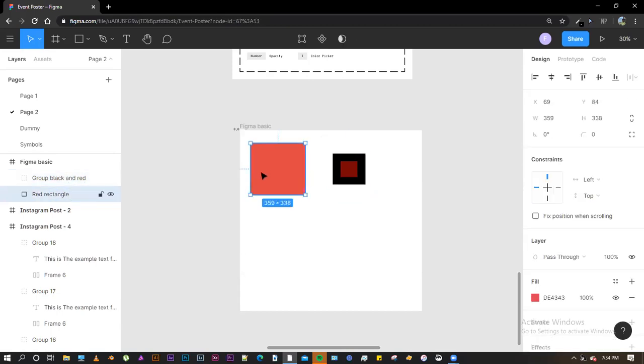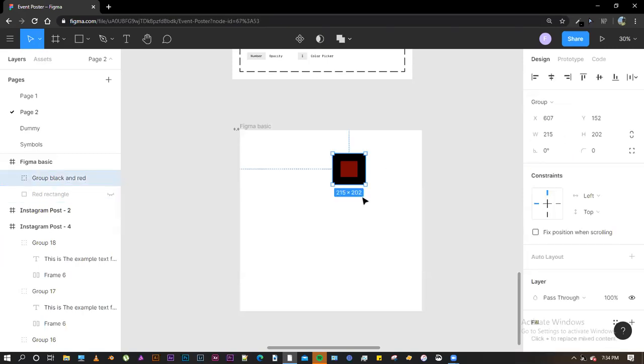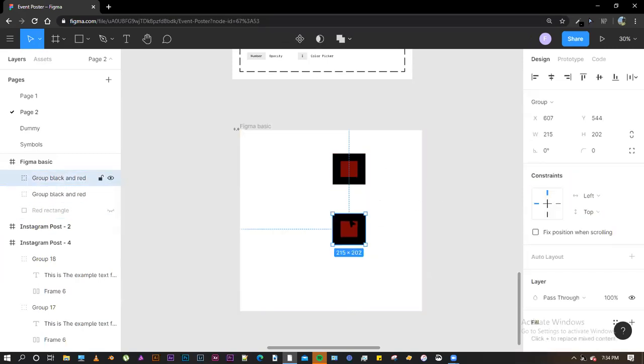And one of the other properties is the visibility. So this eye icon that you see here is to toggle visibility. If I click on it, the layer would be invisible. It wouldn't even be selectable, but it would be there. So if you have multiple color options and you only want to work on this and not on this, you can toggle its visibility on and off. So this is one of the shortcuts. The shortcut for this is Command Shift and H. So H for hide. So you can toggle the visibility from Command Shift and H or Control Shift and H.